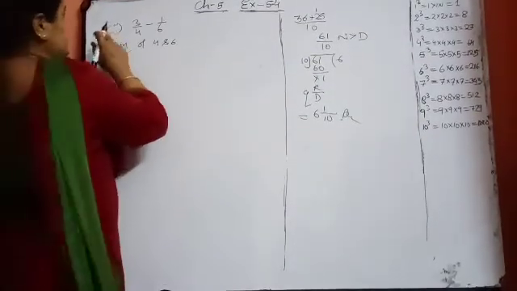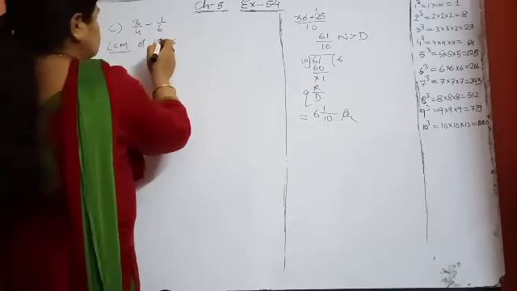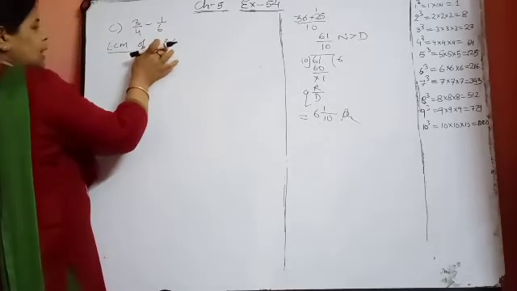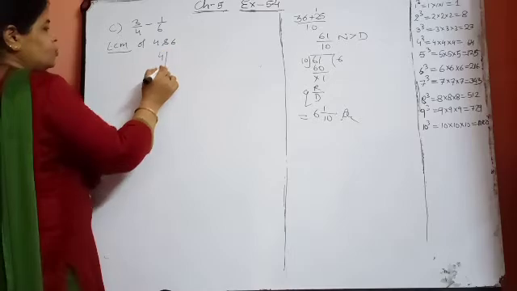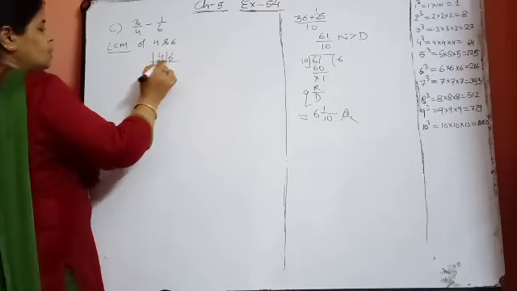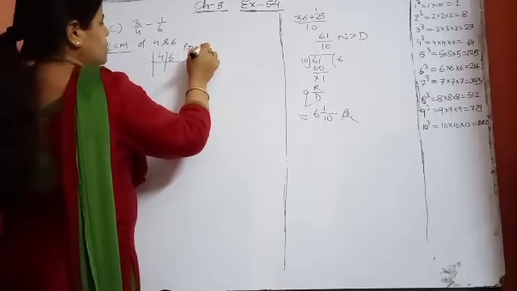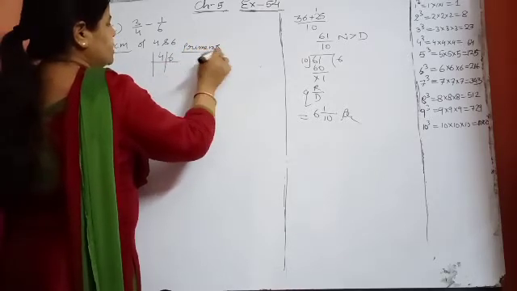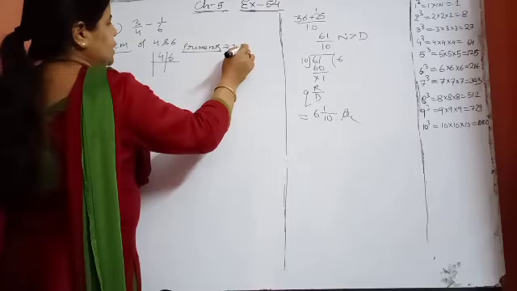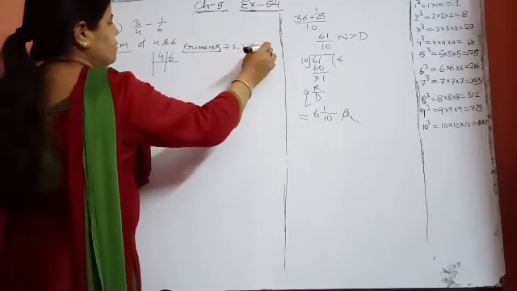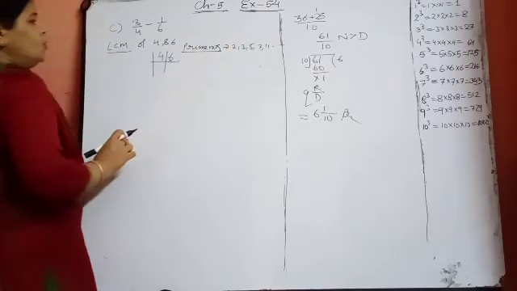See, now part C I am doing, beta: 3 upon 4 minus 1 upon 6. What will you do? Take the LCM of 4 and 6. Everybody knows prime factorization. Divide by the prime numbers. If you still have confusion, write the prime numbers here. Prime numbers are 2, 3, 5, 7, 11 and so on. You can do the division only by these numbers.